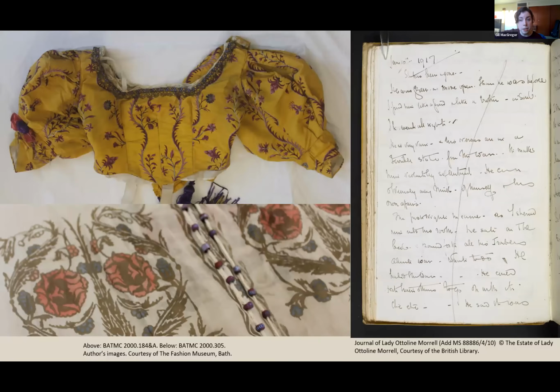The collection at the Fashion Museum, Bath, consists of approximately 569 pieces, and it was acquired by the museum in 2000, direct from Ottoline's descendants. The collection is a mixture of garments, textiles, and accessories, predominantly belonging to Ottoline, but with some pieces from her relations. Many of the garments are homemade and not always very well constructed, and several pieces show signs of extensive wear. When I first viewed the collection in 2017 as part of my master's, my sole aim was to